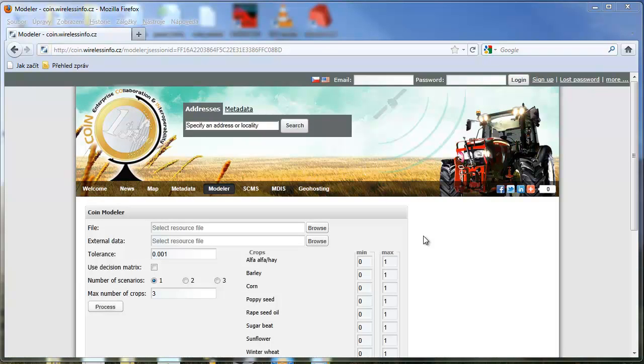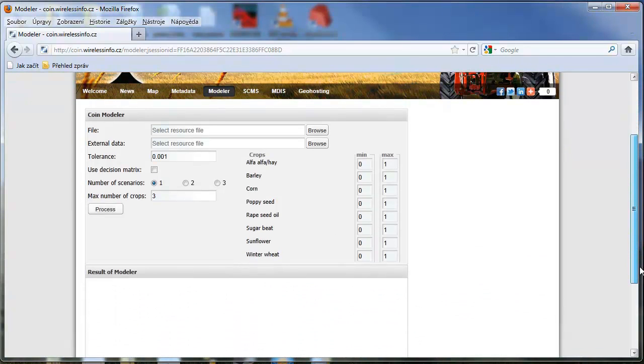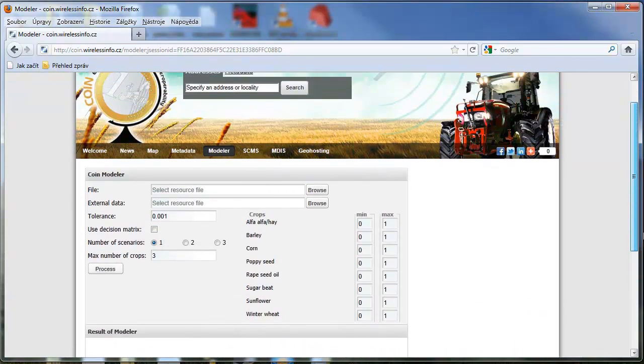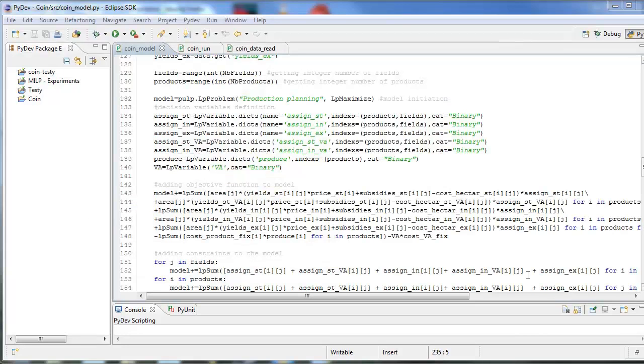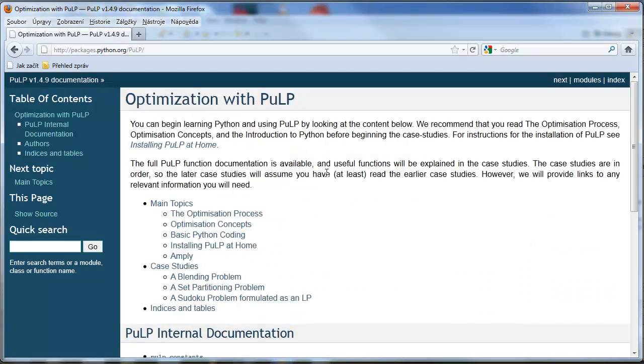Now, let's start with introduction of COIN Tactical Production Planning Tool. Tactical Production Planning Tool was developed by Wirelessinfo in COIN project and it was integrated to COIN Wirelessinfo platform. The core of our Tactical Production Planning module is written in Python and for modeling we are using Python library PULP.